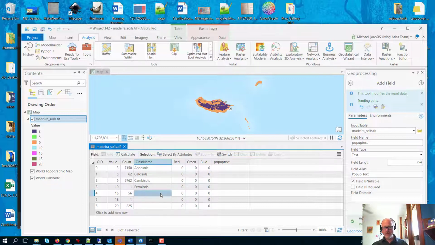There's only one pixel of feral cells. Luvisols. No, that is for value 18. See, I'm leading people astray already. Leptosols. And we have 225 of these, so last but not least,